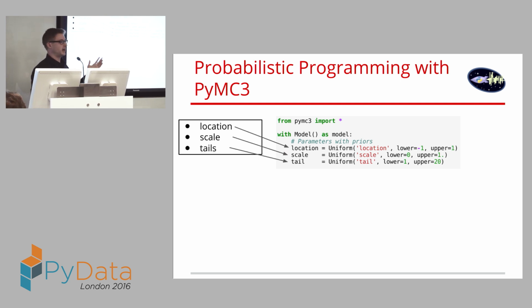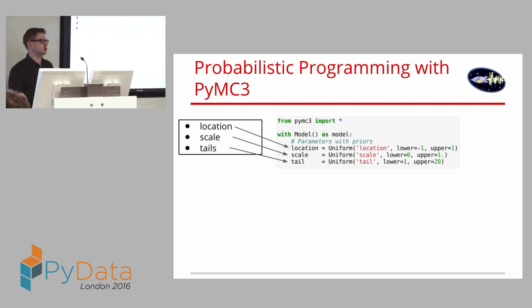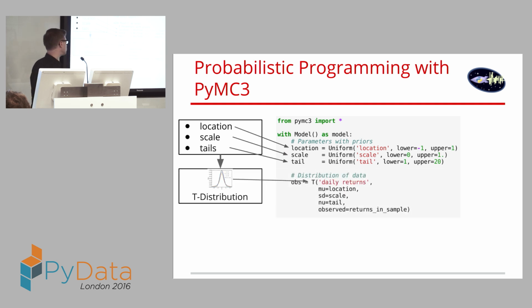But as I said, you can and you should use different priors than these just to be more informative. Uniform is an often used distribution if you want to be uninformative, but actually it often pays off to be informative and inform the model of what you think is going on.